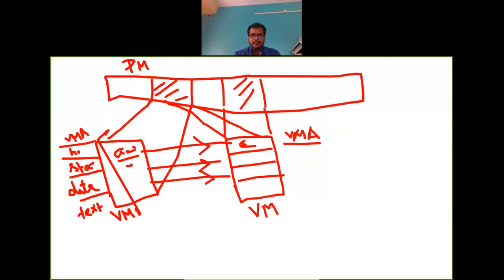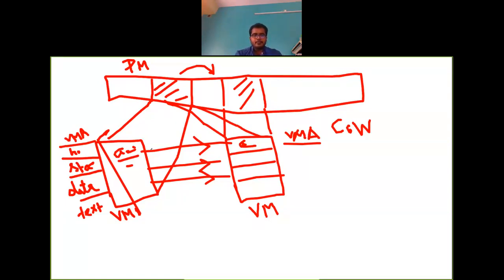As soon as you write something in a variable within the parent process or within the child process, a separate copy is created in the physical memory, and the new virtual memory will be mapped to that new physical memory. This is what is called copy on write, or COW. It is copying the physical memory details. On write means whenever you are writing in some variable. So this is what is happening behind the fork.